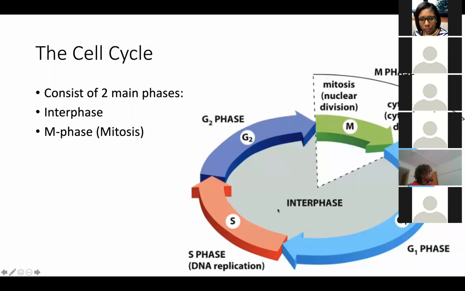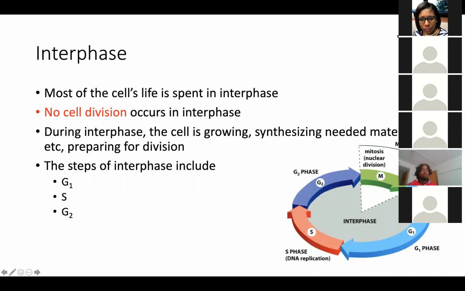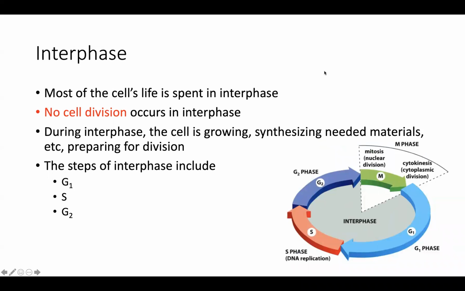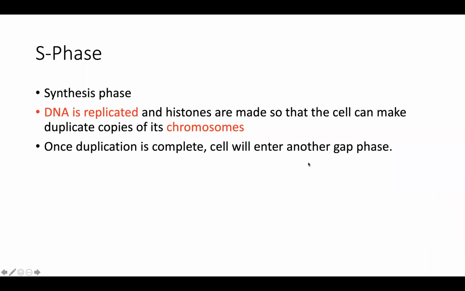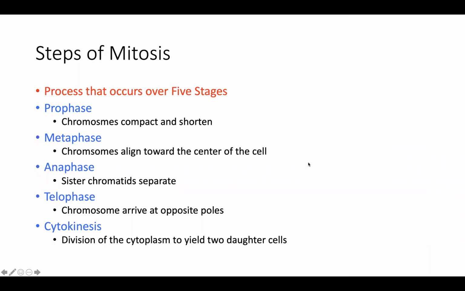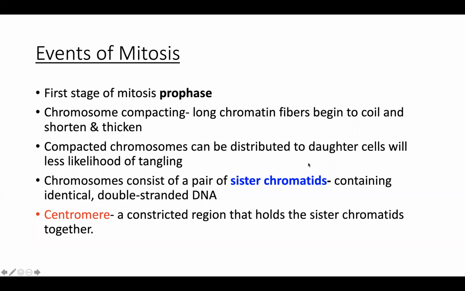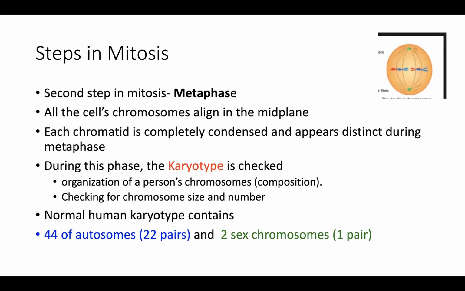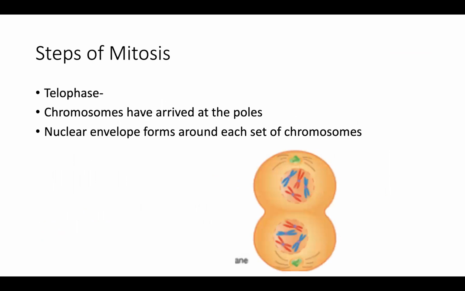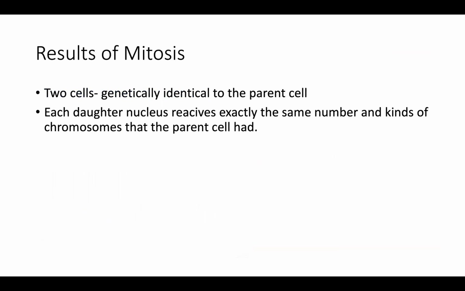All right, we ran down each of the phases in detail. We're not going to spend a whole lot of time recapping that today, but we want you to remember that in the eukaryotic cell cycle, the cell goes through a preparatory phase, which is interphase, and then it goes through M phase, where mitosis and cytokinesis take place. The events of mitosis, PMAT: we talked about prophase, metaphase, anaphase, telophase, and then cytokinesis, leading to two new cells being created.